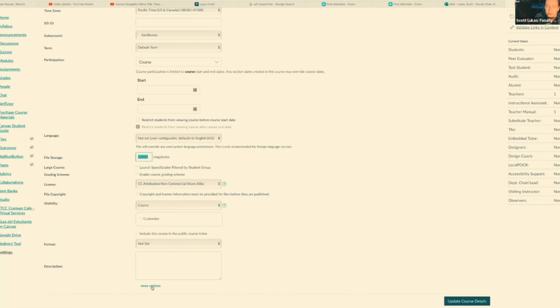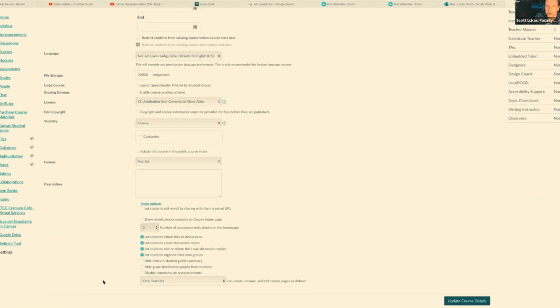I also want to advise you to click on the more options at the bottom, and you will sometimes find things that are hidden that maybe you do need to access, like the number of... it's not letting me do this, and maybe that's because... no, I have to click that. So if you want to display more than 3 announcements on your page, starting at the home page, this will allow you to do that. This will have different features for your grades and so forth.